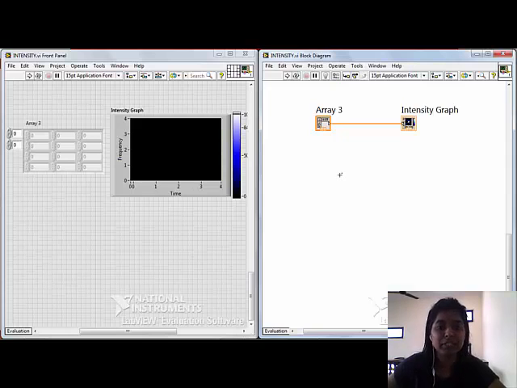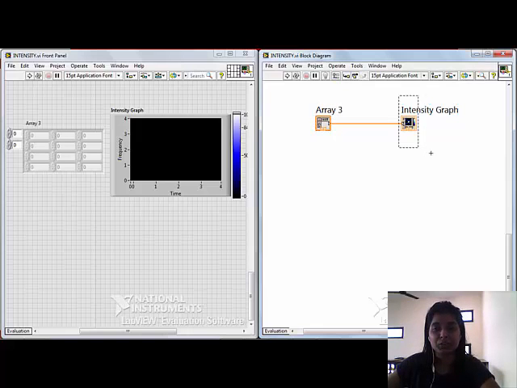I have a pre-built VI for the intensity chart. In this I took simply an array which will store the data, and I attached an intensity graph to it. Whatever values I insert into the array will get displayed in the intensity graph.